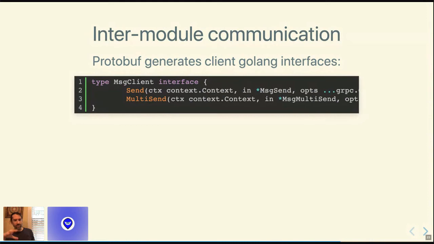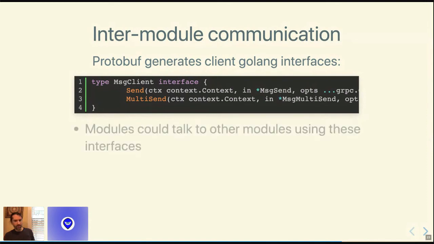It's a slightly different process for transactions and queries, which I don't want to get into, but the basic idea is that there's this interface generated, and there are also some basic implementations of these interfaces that are generated, and we could use these interfaces for modules to talk to other modules. Currently, there are some pure Golang interfaces defined, which are the keeper interfaces in the SDK.